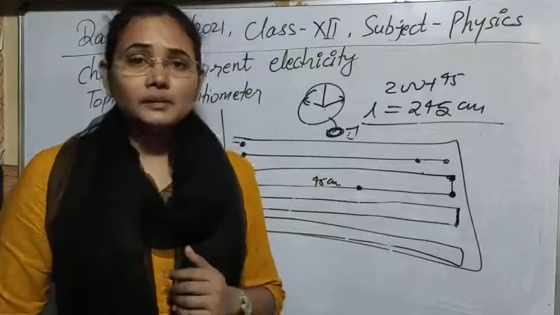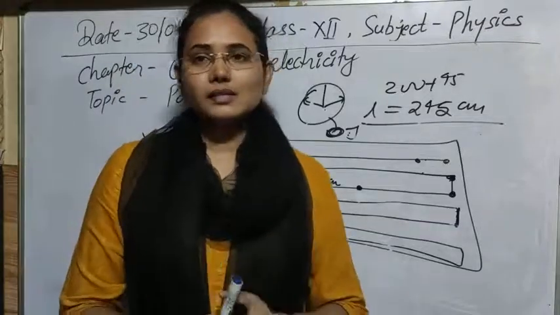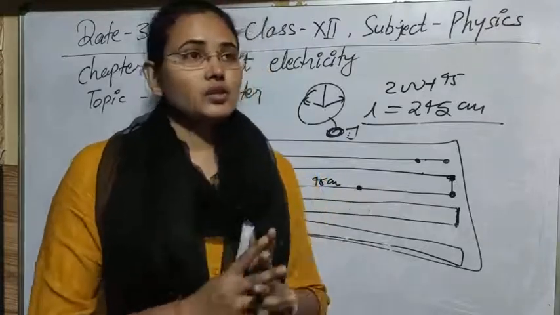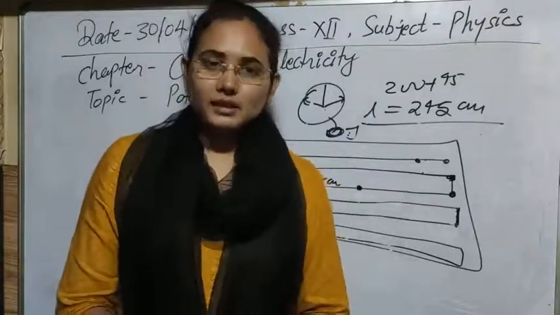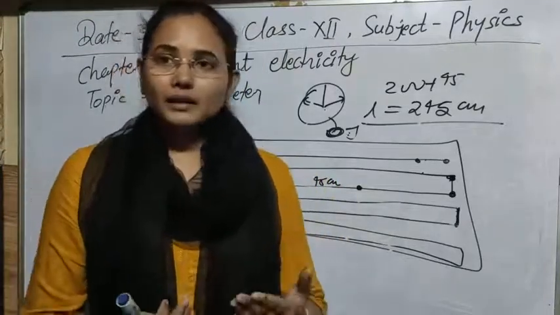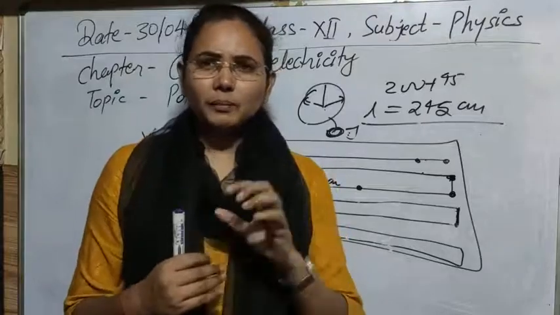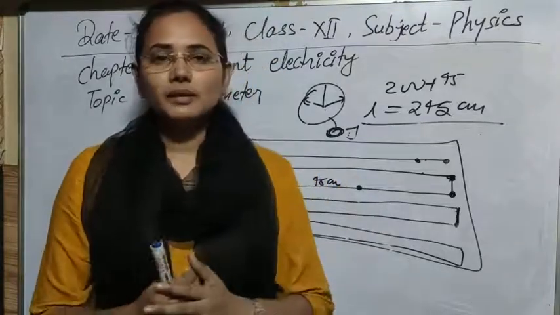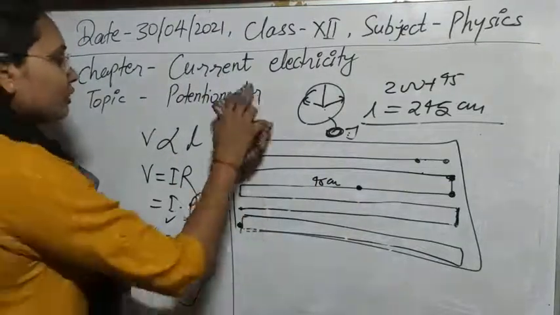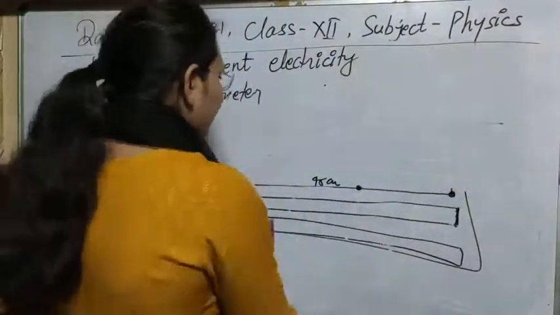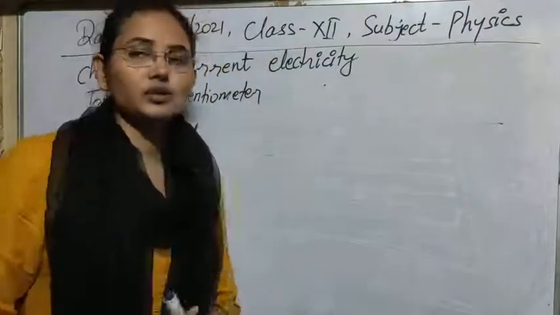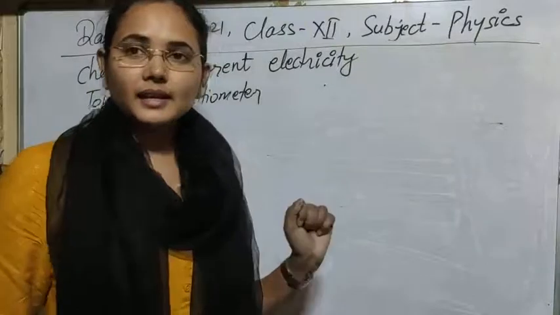The second application of this is that we can measure the internal resistance by using a resistance box in series with this. So we are measuring the internal resistance of the cell here also. Also we are comparing two EMFs of different primary cells by using the potentiometer. For that you can use the same concept, V is equal to KL. So for that case, suppose you are using two cells, one is a Leclanché cell, the second is a Daniell cell.